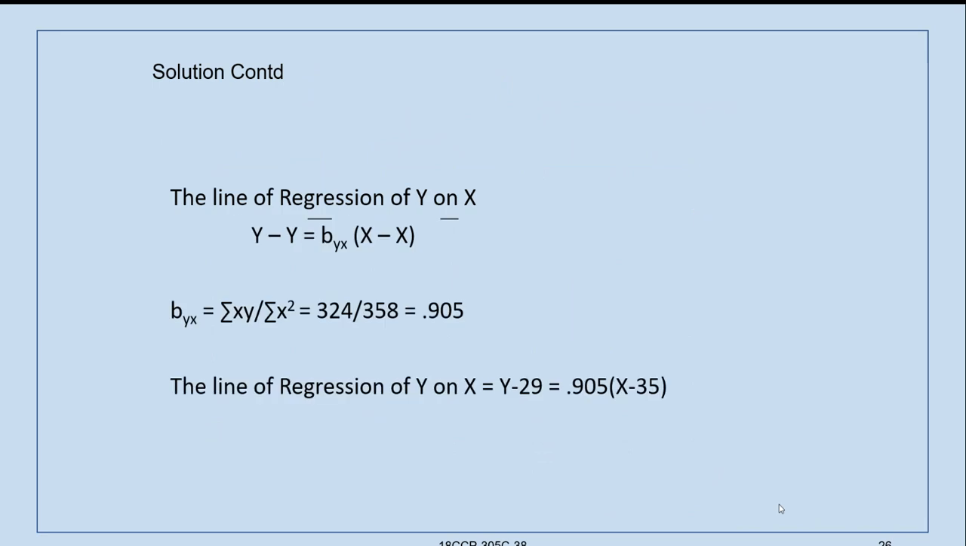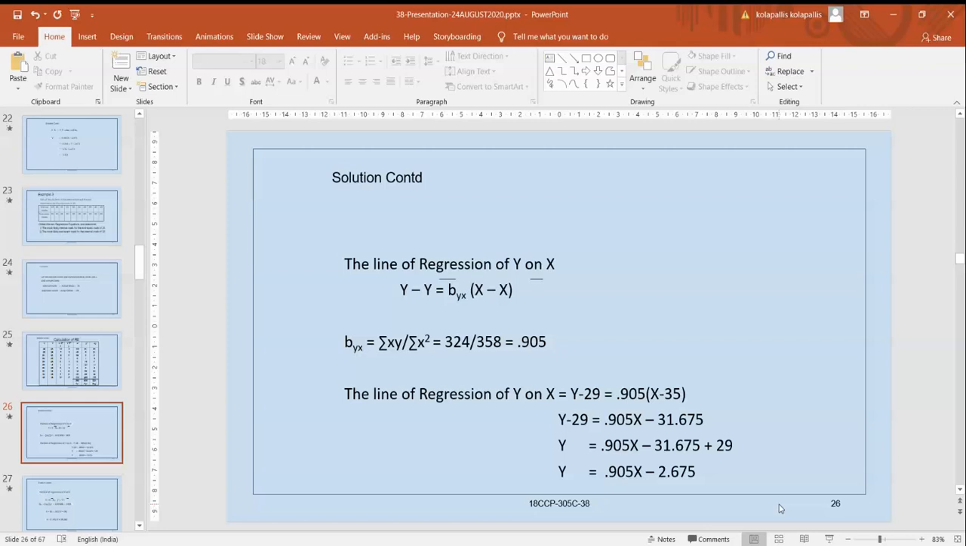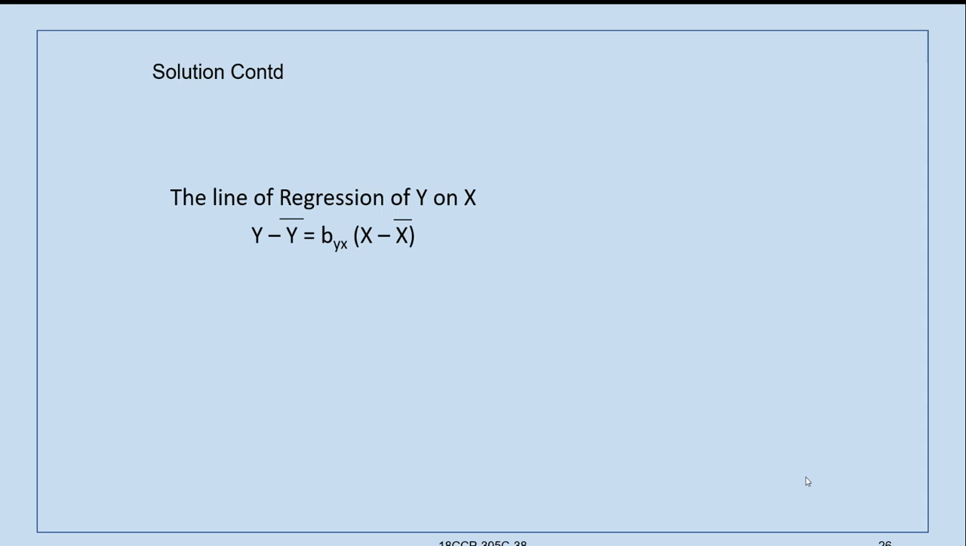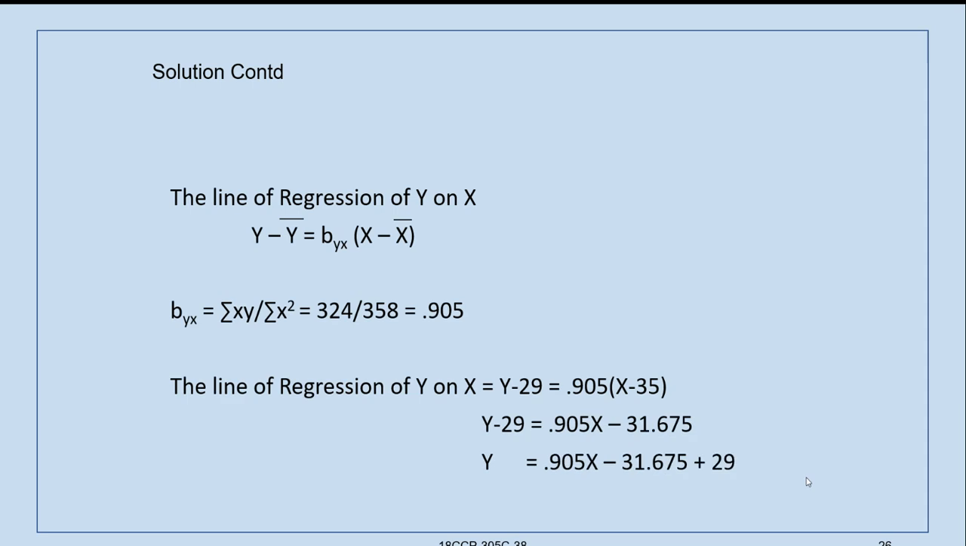So after obtaining these values, we have to calculate the regression equations. First we will calculate the regression coefficients and then we will calculate the regression equations. So the line of regression equation of y on x is y is equal to 0.905x minus 2.675,